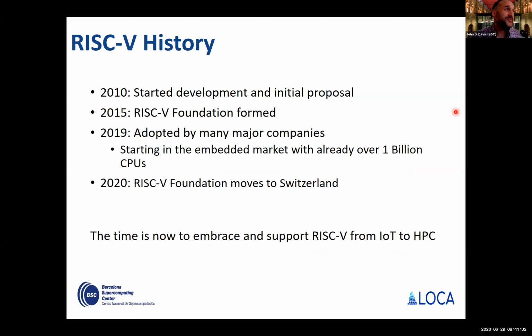So what we're seeing on the RISC-V side, obviously a very abbreviated history there, it started in about 2010 at Berkeley, and the foundation was later formed in 2015. And by 2019, over 1 billion CPUs had already been shipped. And so that's a massive uptake. And so we see this interesting confluence of events giving rise to the ability to not only use this open ISA, and OpenPOWER and others like that, but also drive interesting research and development across the board.